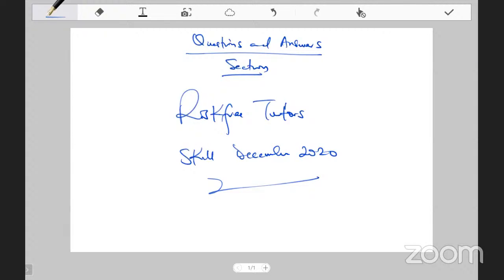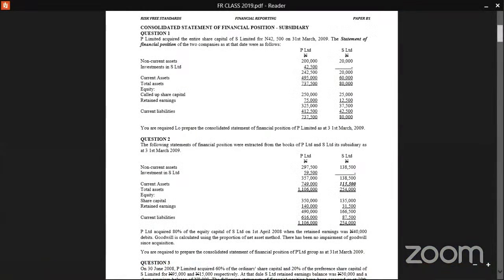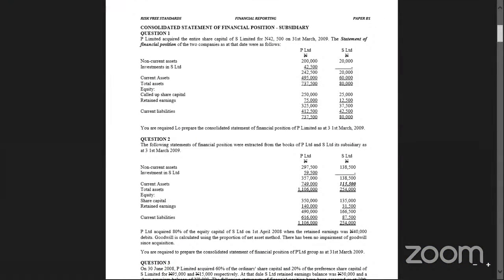Okay, I'll go on. For what we'll be looking at today, you can see the questions that we are going to look at are the ones that I've already opened for you. I believe you all have your pack. We'll be looking at question 1, question 2, probably I go to question 3. I might likely jump question 4,